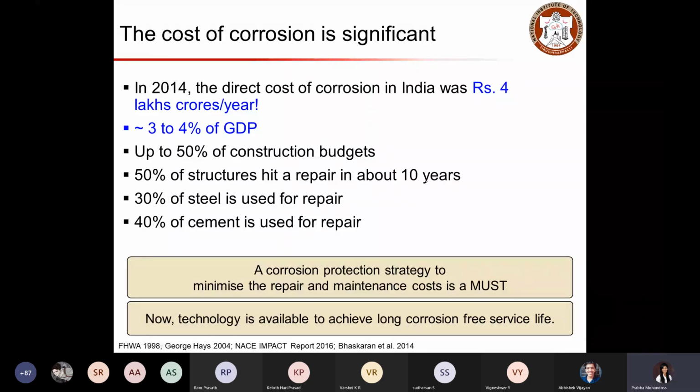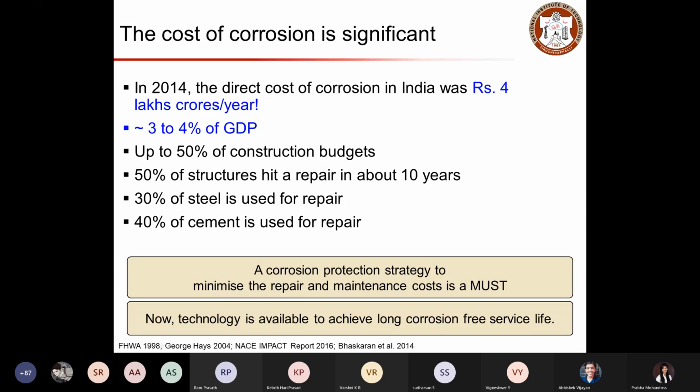Among this 3 to 4% of GDP, up to 50% will go for the construction budget, and 50% of structures we expect to get repaired in about 10 years. So this cost can go even higher than what we are looking at today.